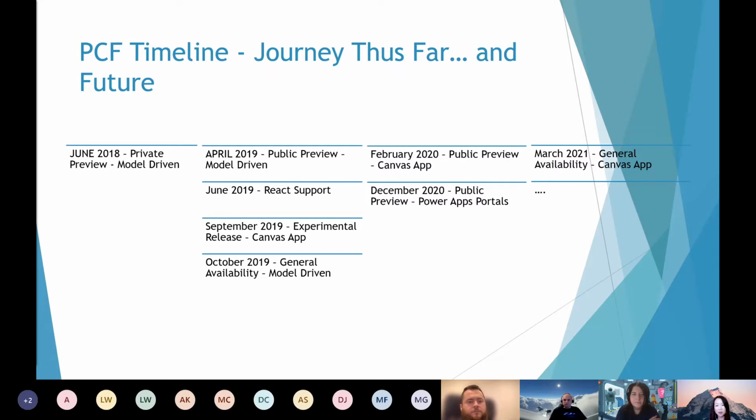I have to say the adoption of the PCF control by the community has been quite significant, and I can only imagine that it will increase in the future. So for me, what is really interesting to see is how Microsoft will align the building of the PCF controls across all the platforms. So I'm definitely keeping my eyes on that.